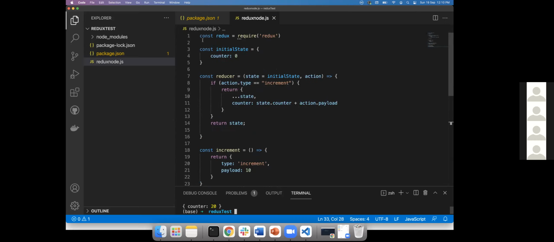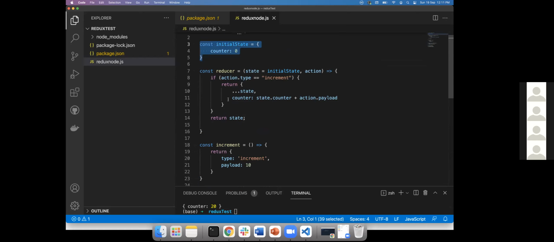Let me start with this. This is the way of importing a package into a node environment. Whenever you are using node, you have to use require instead of import. Then, as in React, we have an initial state, like state information in your class or inside your function. And the reducer is a function that performs some actions and returns your new state.